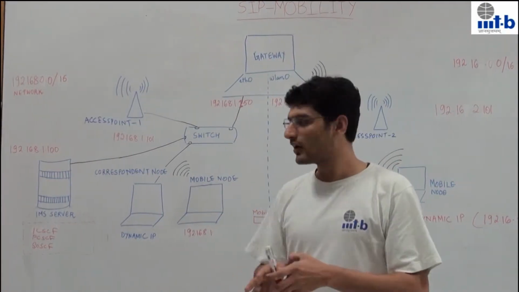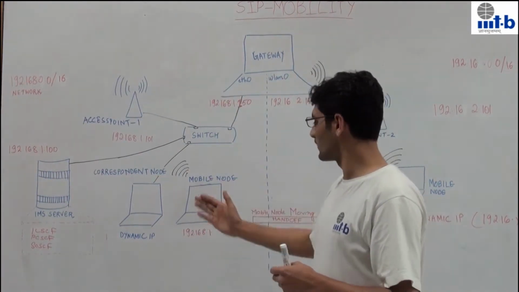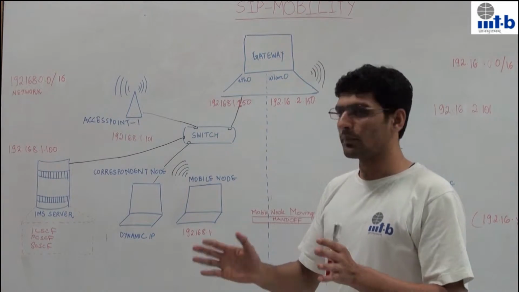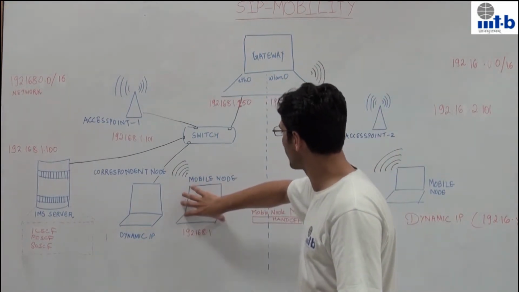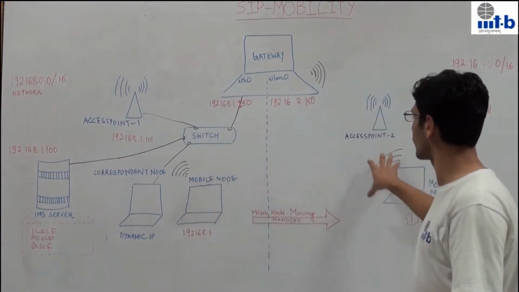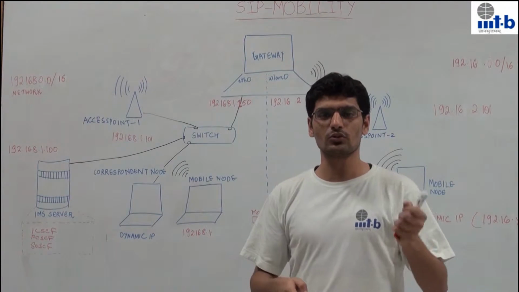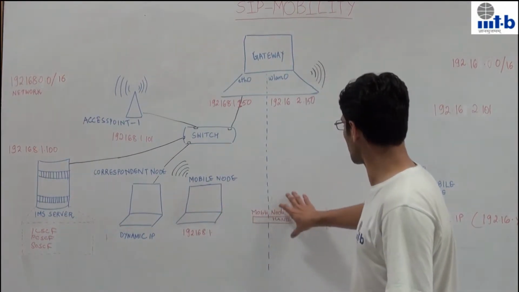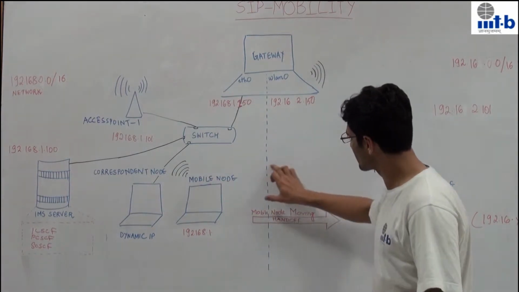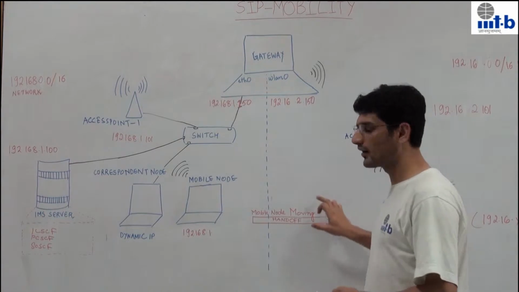The goal of this whole project is that if we are making a call between these two hosts, and the call is established following a proper flow, and then the host with this mobile node moves to another network, the call should still be connected. That means there should not be any call drop. What happens when we move is a handoff. This is the critical region, and for this region there will be no media transfer.